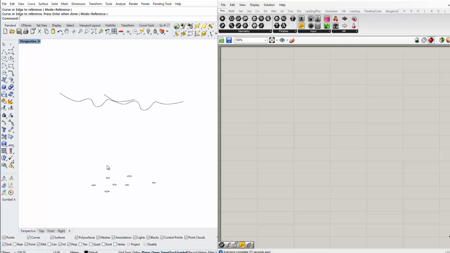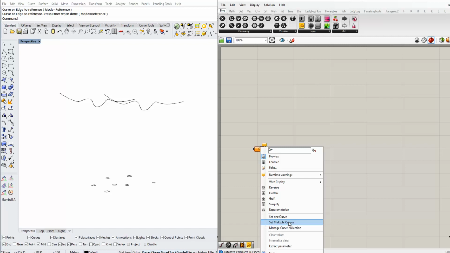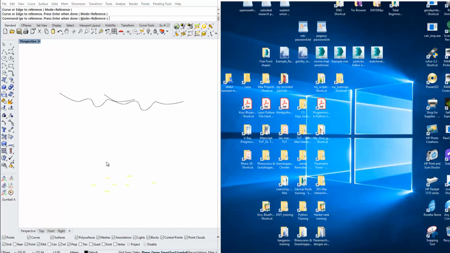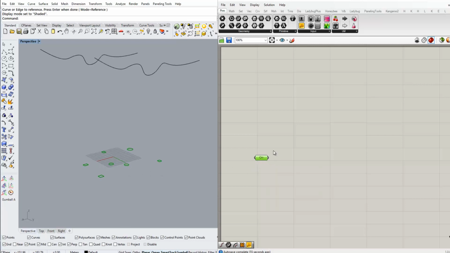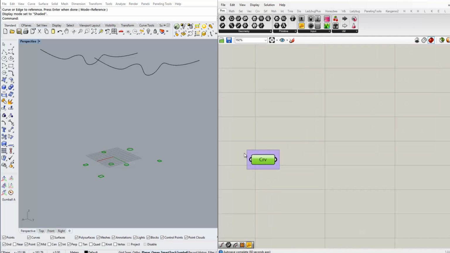First, I need to reference these curves here. So I go to Param menu, bring a curve component, right click, set multiple curves, and I will choose all of these, enter. Just to make things clear, I will press Ctrl G to make a group out of this and give it a name. I will call it curves to extrude,